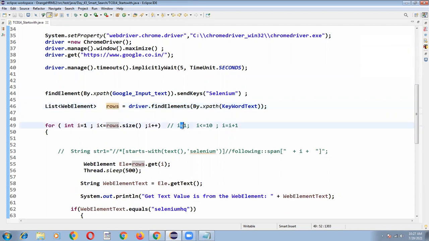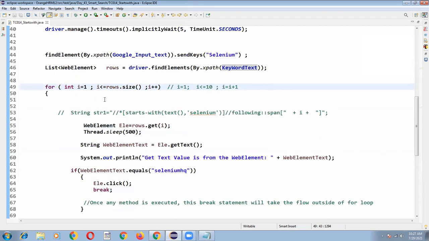So I have to write a for loop: parenthesis, I is equal to 1, I less than or equal to rows.size. Rows.size means it contains a total of 10 items. So I less than or equal to 10, and I plus plus means I is equal to I plus 1. So when I is equal to 1, what will happen? Let's see. Okay, rows dot